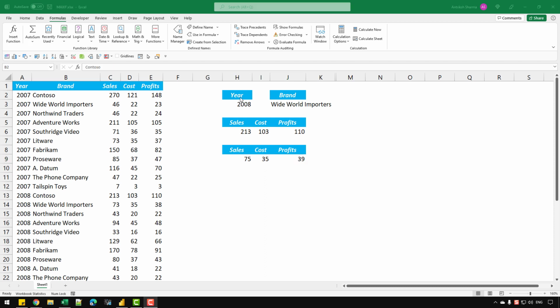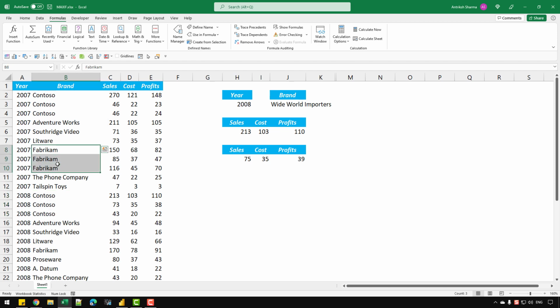Now let's see how we can incorporate both the year and the brand in a single if function so that we can identify the max sales, cost and profit per each year and the brand. In this data set, I do not have any duplicates. So what I'm going to do is simply drag some values downwards so that once we multiply and do a Boolean operation, we get more than one value, and then it will be easier to explain what the code is actually doing.